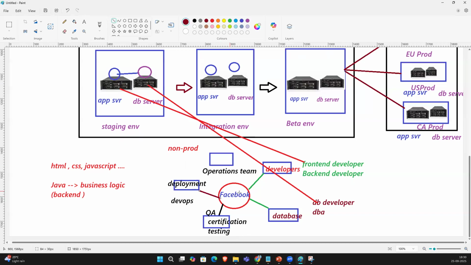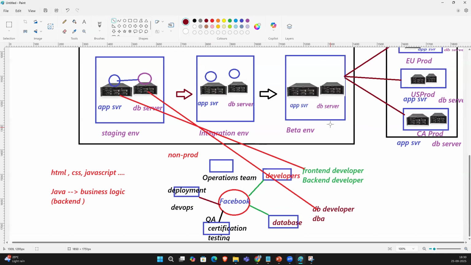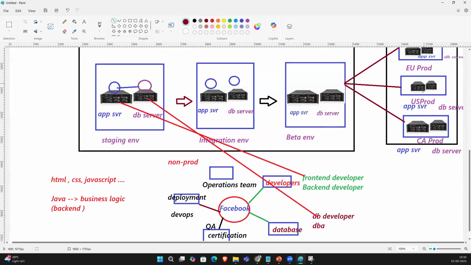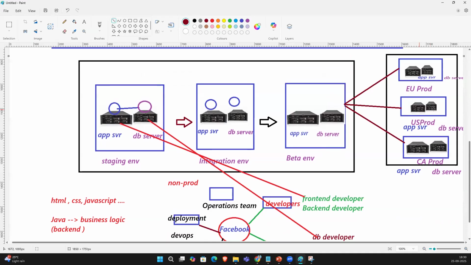The DevOps team will validate this. So after validating, once the code is deployed, the QA team will again validate it in the production environment, either EU prod, US prod, or CA prod. For example, I deployed in the CA prod. I am a DevOps engineer. So again, the QA team will validate the application in the CA environment, and after that, US,